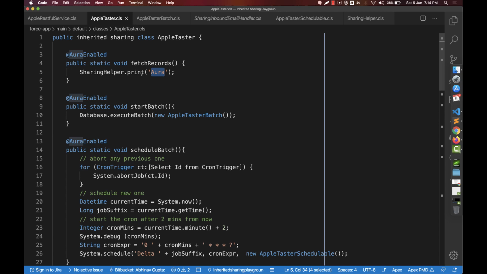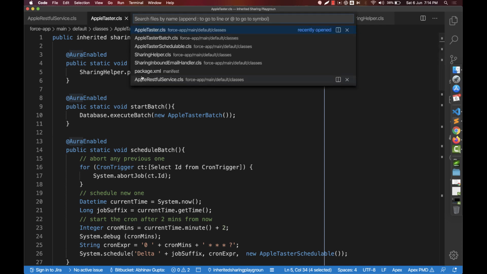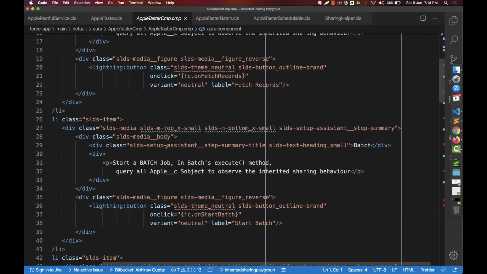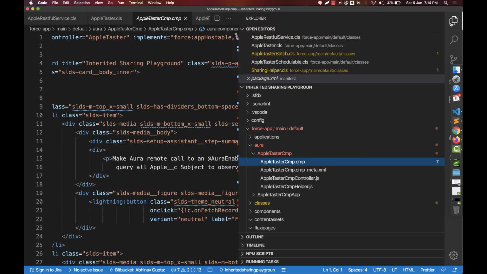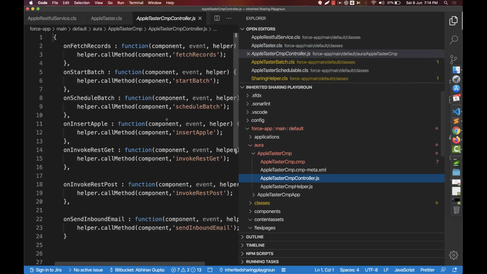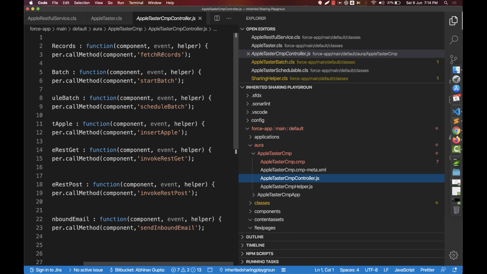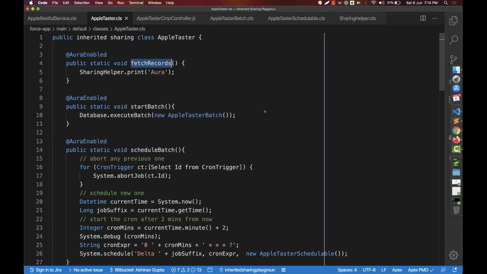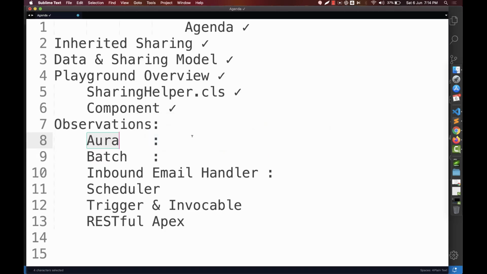And the aura component is as simple as any aura component could be. This is our aura component, with all the standard stuff. There is nothing fancy to it. These are all the different methods, like I'm calling fetch records, which I have shown you here. This is the one which I'm using. So the end of this experiment means that aura is definitely with sharing.